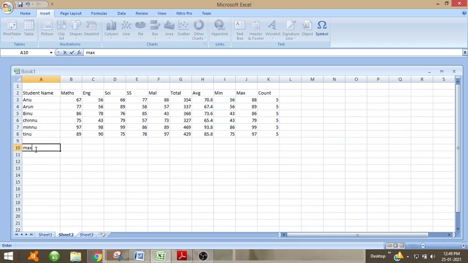So max, min. I am writing here because for maths which is the maximum mark, for English which is the maximum mark, for each subject we have to find which is the maximum mark. So we will write here equal to max